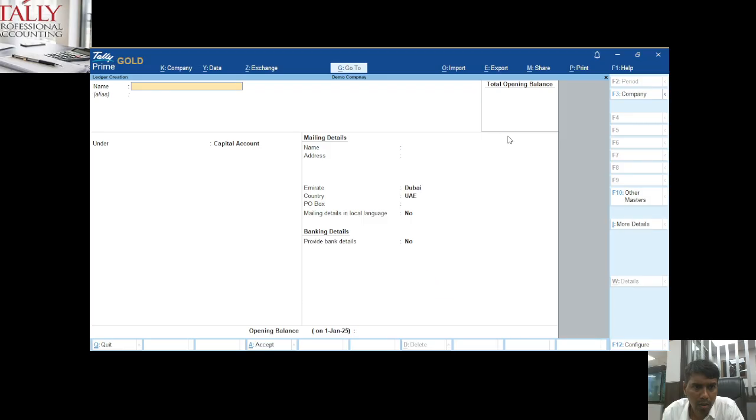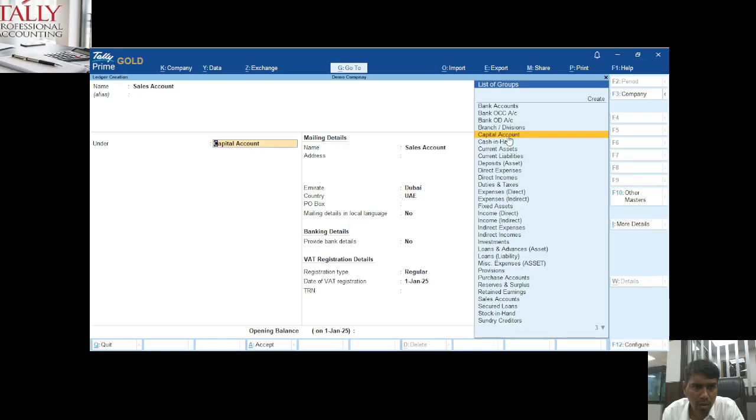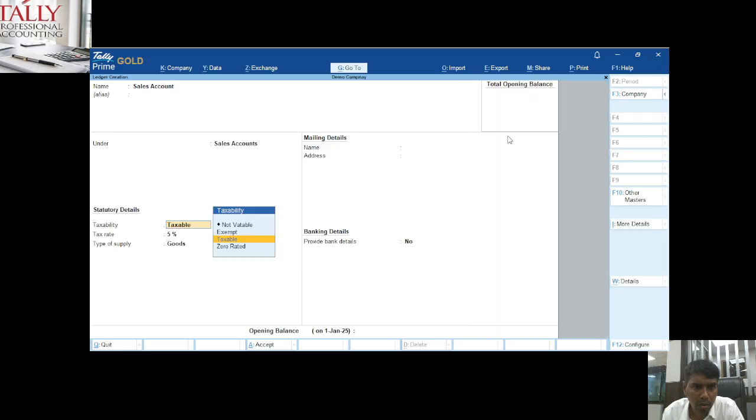Now I'll create one sales account, which is nothing but our income account, revenue account. So under which head is it coming? So I have here sales account. I choose whether it is taxable or not taxable, not vatable. If this revenue is one where we are charging the VAT, then we have to make it taxable. If it is out of scope, suppose a sale is happening, the goods are moving,